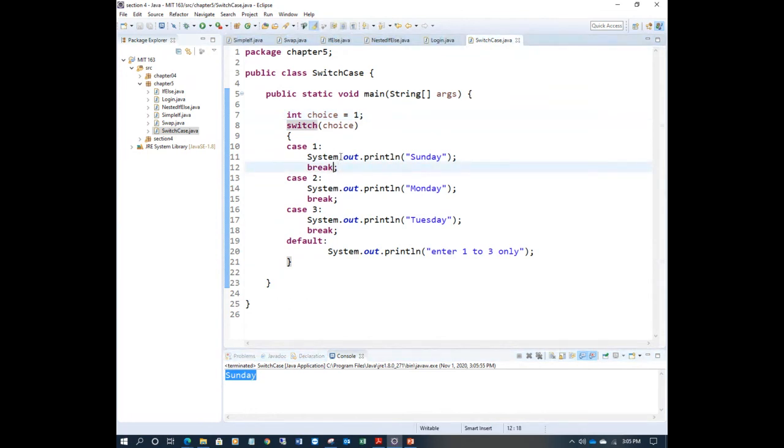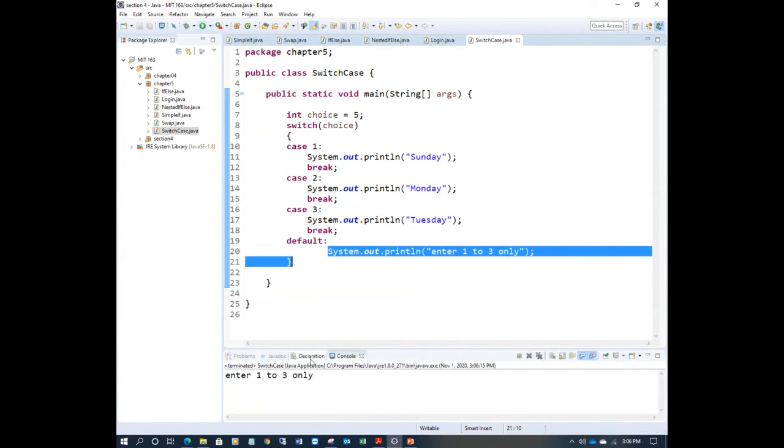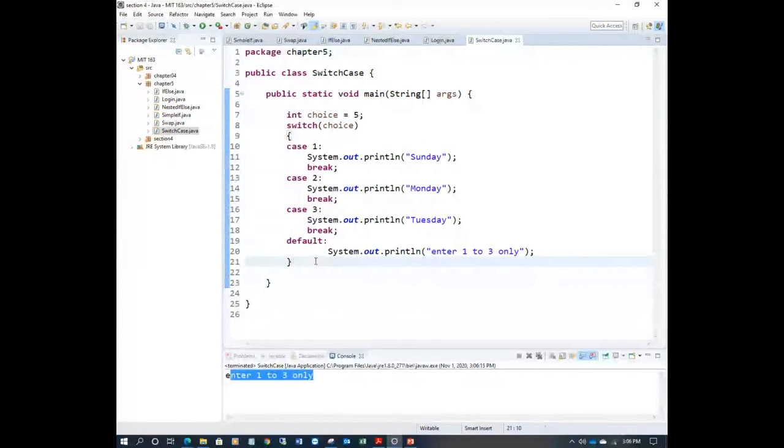Right. So for example, if you enter other than a case value, for example 5, there is no 5 here, right? They have only 1, 2, 3, but you enter 5. Let me check. Switch 5. There is no case 5. It will go directly to the default. This is a bit faster. It will not check all these cases. It will show enter 1, 2, 3 only. This is default. Make sure you have no syntax errors. Case 1, 2, 3 colon. Right. So this is one thing here.